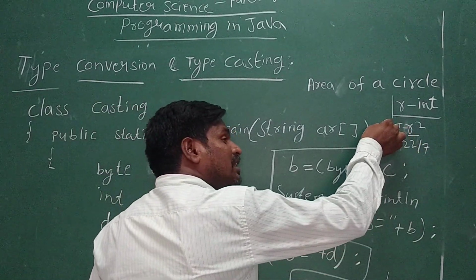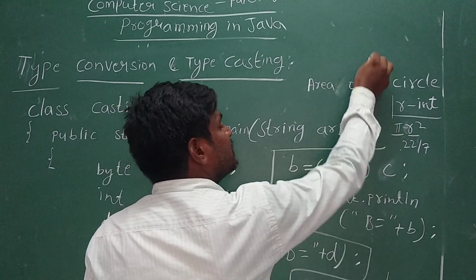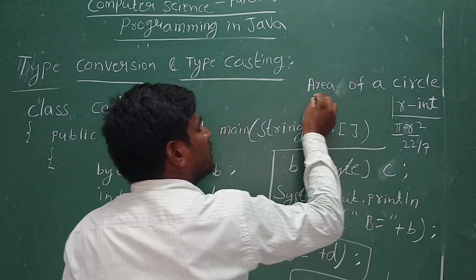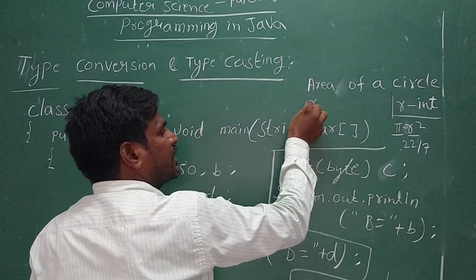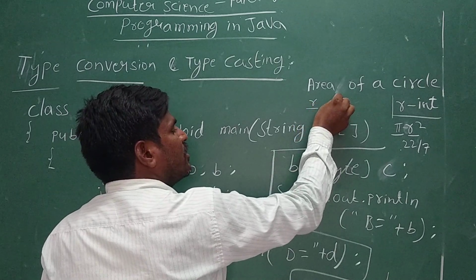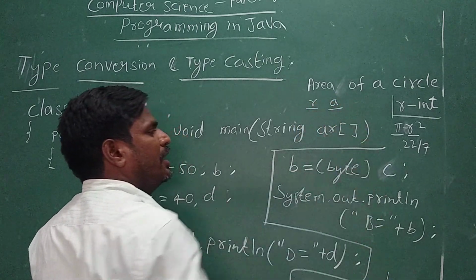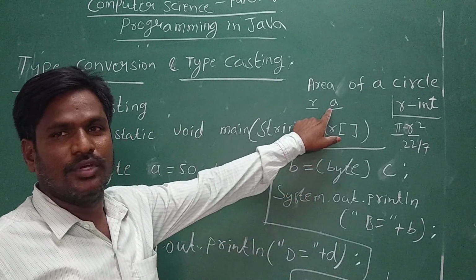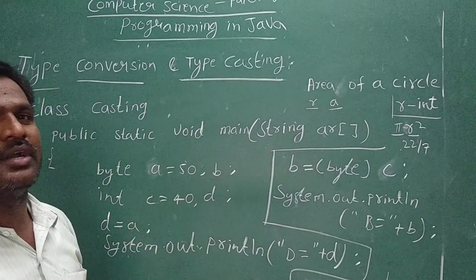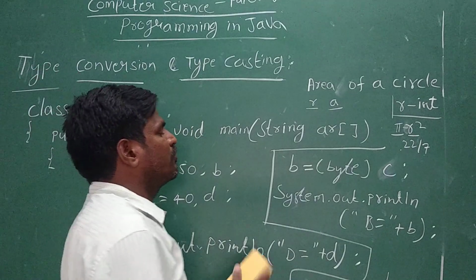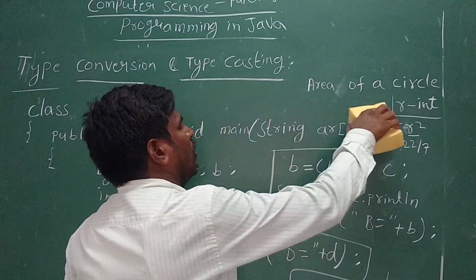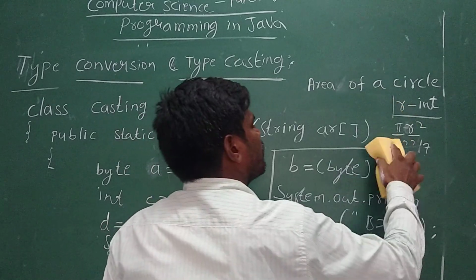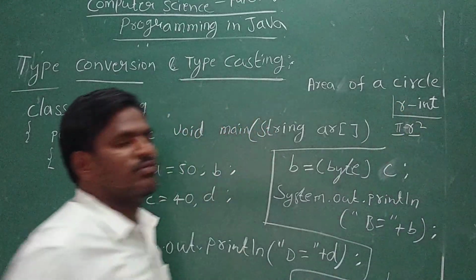Then automatically the result is also a float data type. That means when you are declaring the variable radius r, we have to take the integer, then we have to take the area a as either float data type or double data type. So here we require a type conversion. Just imagine how to use typecasting, then write your program and post it in the WhatsApp group.